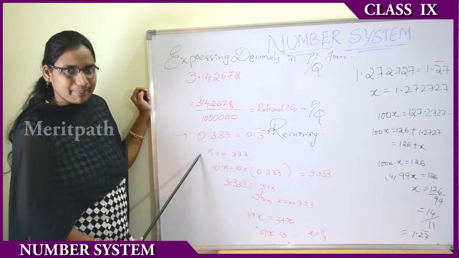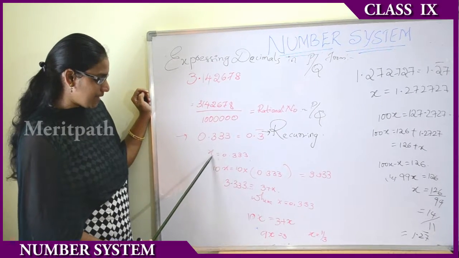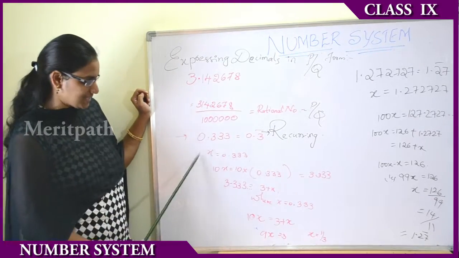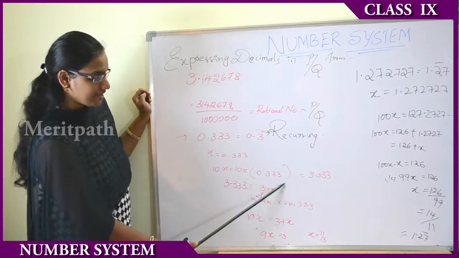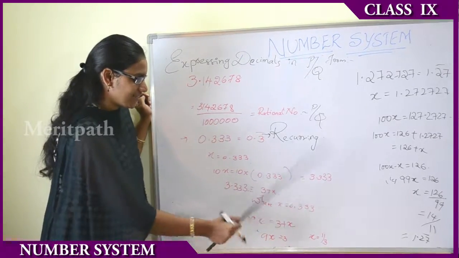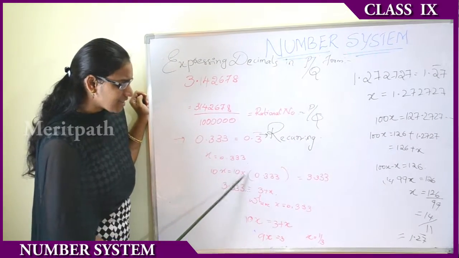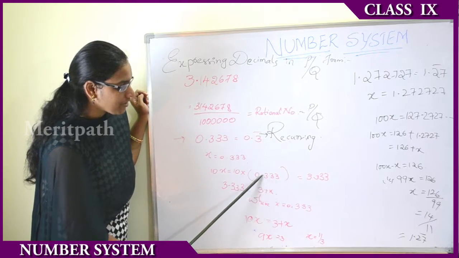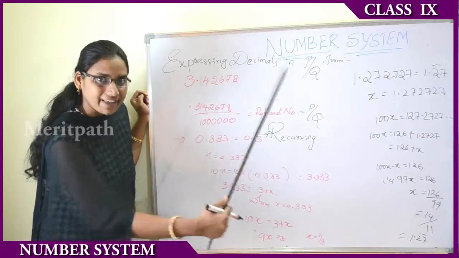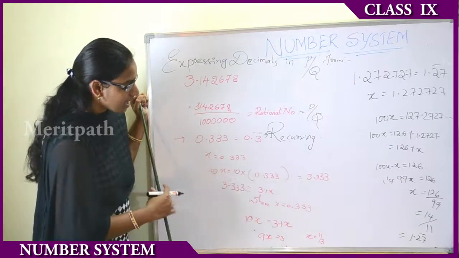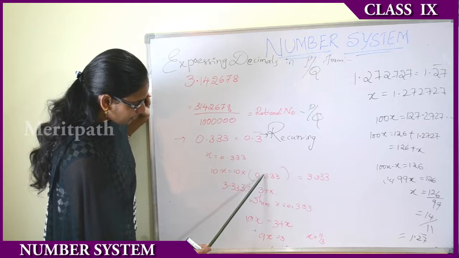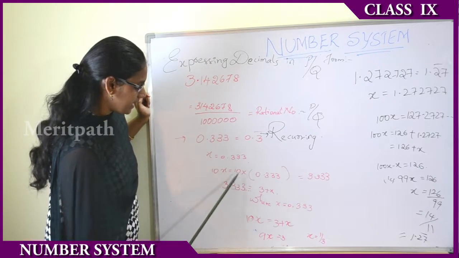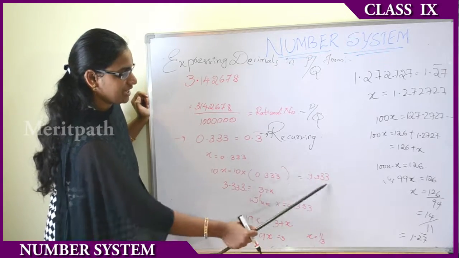First, we have to multiply the element x by 10, so 10x, multiplying by 10 on both sides. Then 10 into 0.33 equals 3.333. That is, when we multiply by a number, the units place will be shifted. The point will be shifted from one place to another on the left side. So the point place will be shifted from one position to the other. That is, 3.33 it will become.